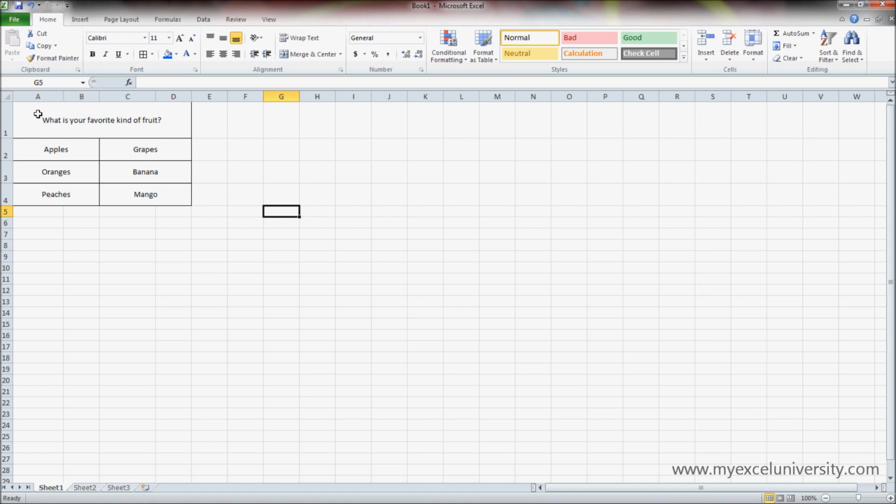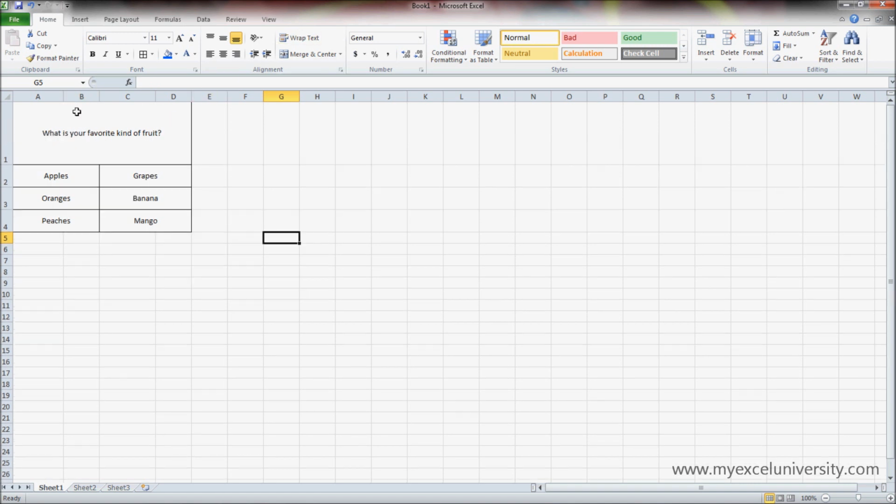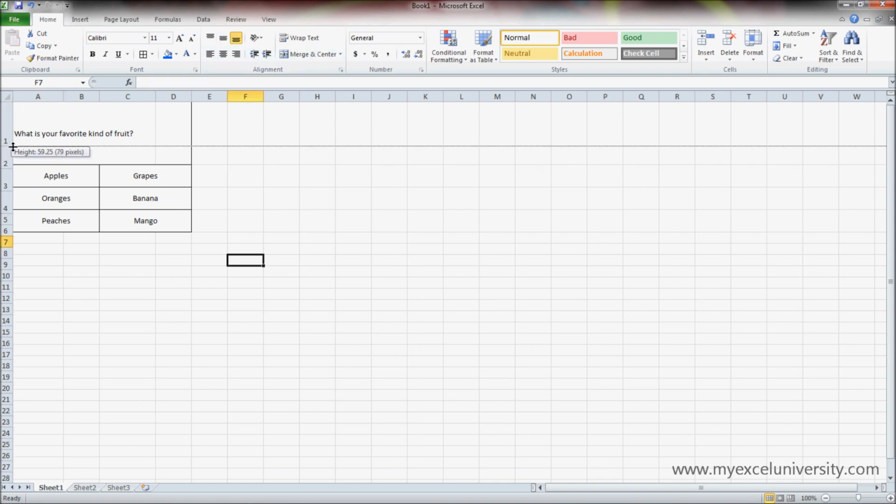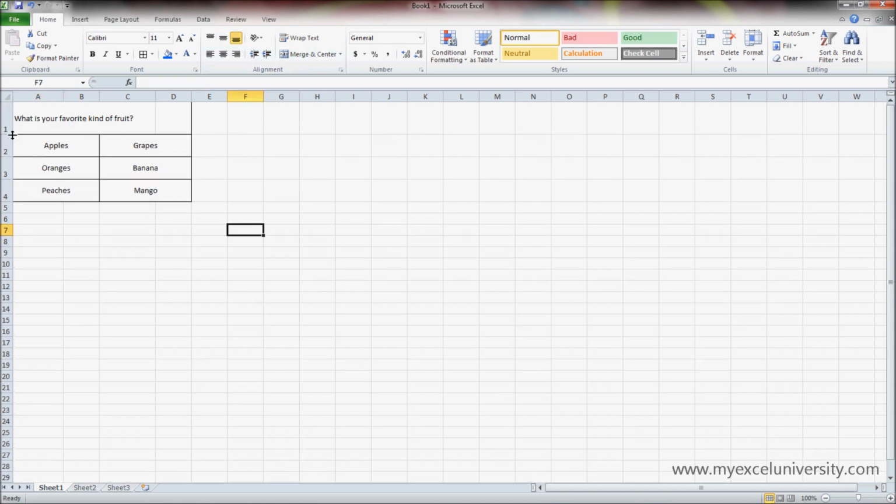So even if I wanted an entire paragraph here, I could wrap the text so it's all going to fit in this nice box, and then adjust it, and it runs all the way across without disturbing these other cells. And it's going to align perfectly with everything else, and that's why we want to merge cells instead of just using this. I'm going to unmerge this instead of just using this. And let me actually not wrap it. Instead of this option here, because it just doesn't look very good